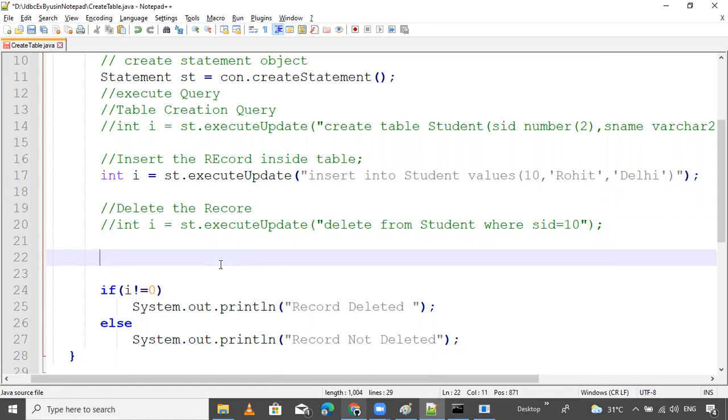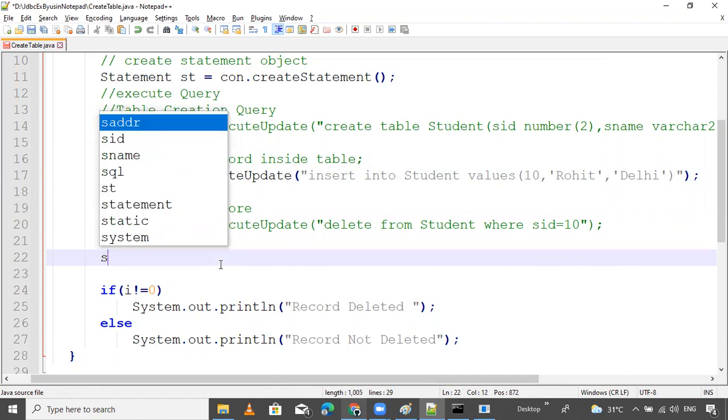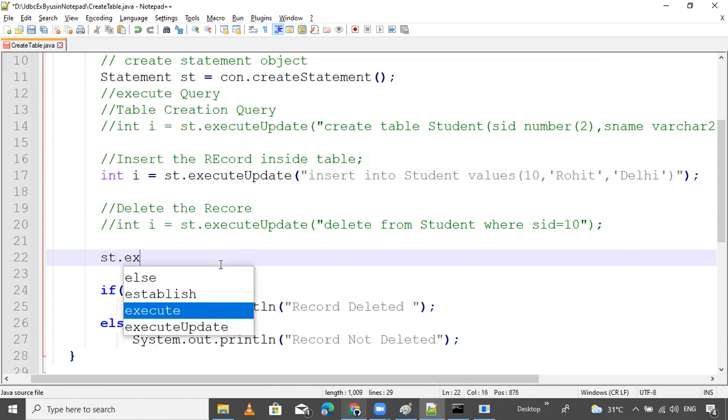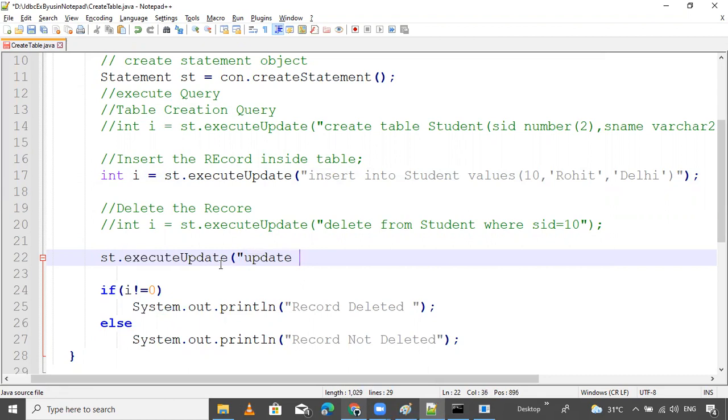Update the record. This is also a non-select query, so use st.execute. You do not need to remember all these queries. Once you practice these examples, you will remember them easily. Don't worry. Update is the keyword: update student, where student is the table name.